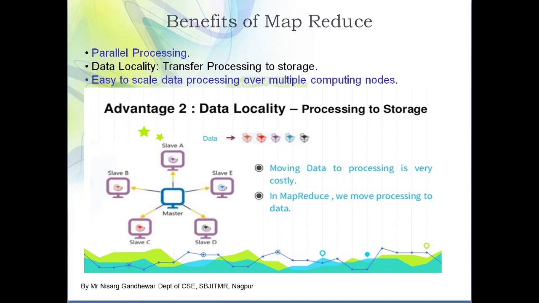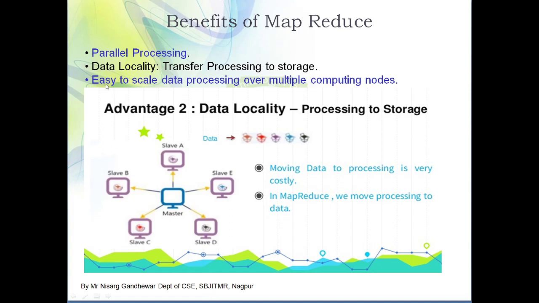Wherever the data is stored at multiple locations, that will remain as it is, but we are transferring the processing logic from master node to the slave node. Then the slave node makes use of this particular logic and processes the data. Once it gets the output, that output is transferred back to the master node, and then the master node will aggregate or combine all these results, and finally we'll get the final output. So this is the concept of data locality, where we are transferring our processing power to the different nodes.